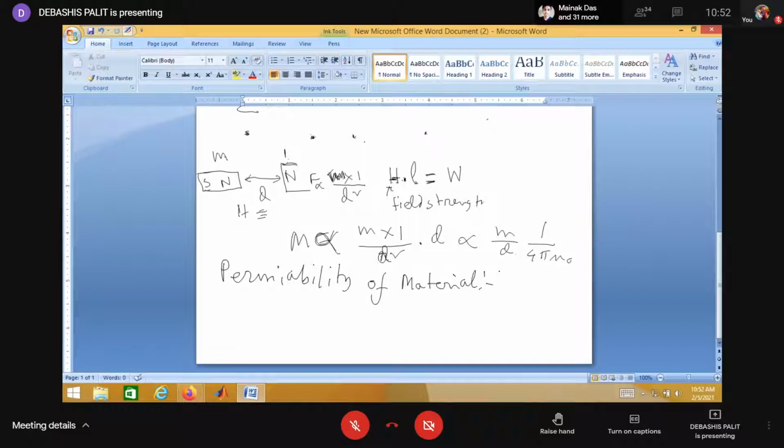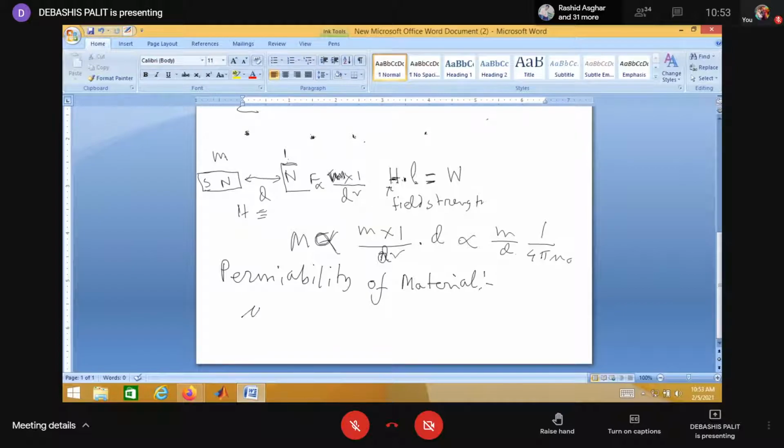And there is also absolute permeability. That can be defined by mu zero, the permeability of air, which is 4π × 10 to the minus 7 Henry per meter. So the absolute permeability of a magnetic material is much greater. Relative permeability of a material is normally defined as mu r.